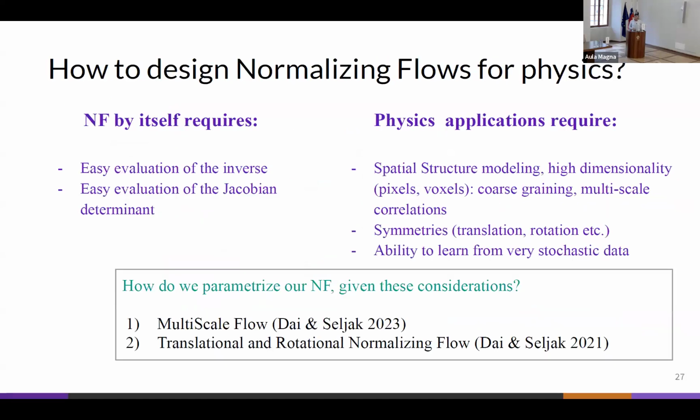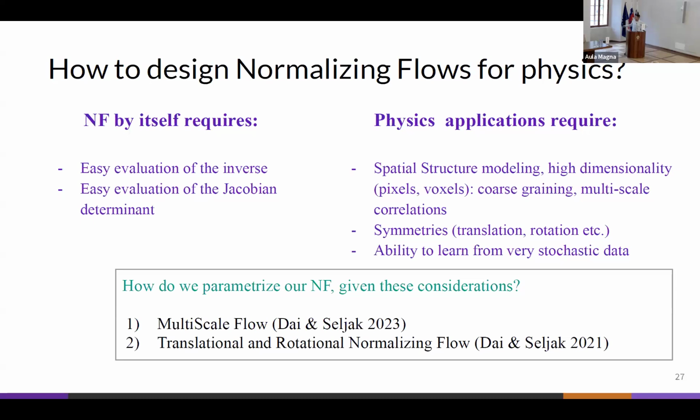Okay, so for physics, at least for cosmology, we have to use other things in order to scale it up in dimensionality. We want to be able to do spatial structure modeling. For example, we certainly want to handle symmetries, at least translation. For translation, it's relatively straightforward: we just need convolutional neural networks. Rotation, which I'll talk about in our model, is not going to be implemented exactly, so it's only approximately implemented. But then you also need to be able to learn from very stochastic data,